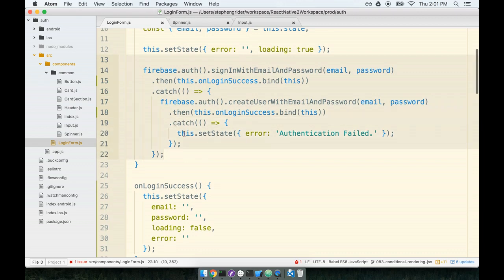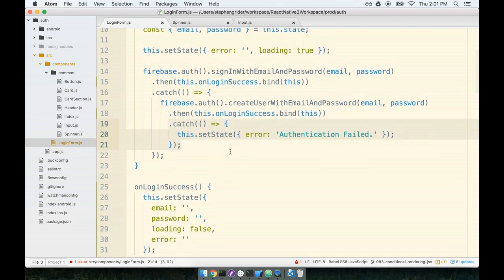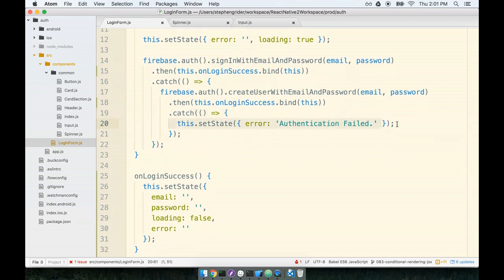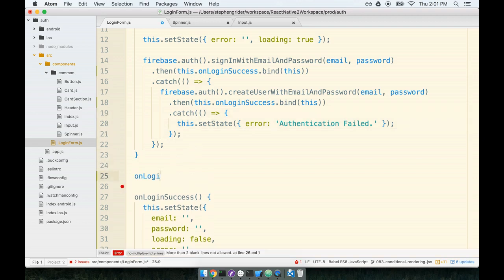We're going to do one last thing. We're going to refactor out this catch case to a separate helper function as well, which is just going to make this thing a little bit more legible. So I want to extract this fat arrow function right here to a helper method. So I'll add on another method, onLoginFail,